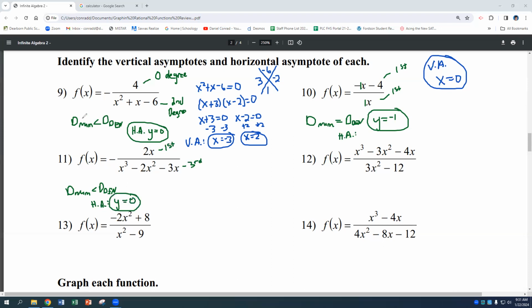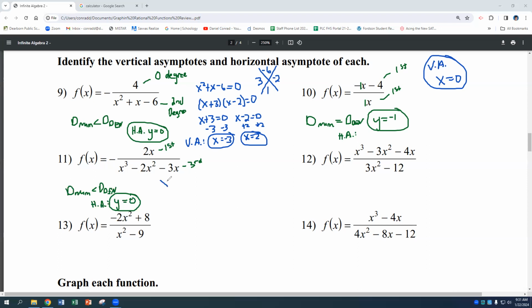The degree of the numerator is less than the degree of the denominator, your horizontal asymptote is going to be y equals 0, because as x gets to a larger and larger positive number or a larger and larger negative number, since it's larger on the bottom, it's going to end up going towards 0, because this gets larger and larger at a faster rate than does 2x. All right,